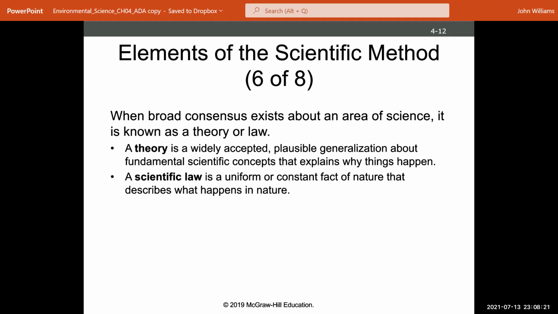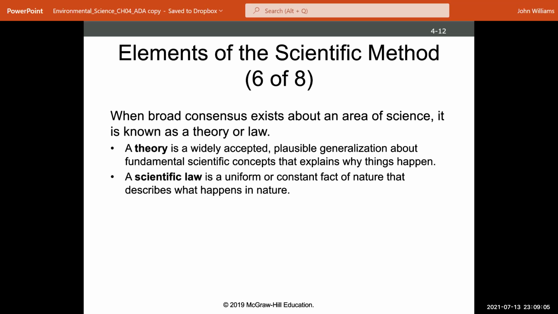Now, the next part of the scientific method, or basically science in general, that we're going to talk about is theory versus hypothesis and a scientific law. One of the big issues with the public and their view on science is that a lot of the times you'll hear somebody say, "Oh, it's just a theory, so that doesn't mean that it's that big of a deal." Or they'll say, it's just a hypothesis. Okay. The latter one, it's just a hypothesis, is the more correct statement, because a theory is one of the